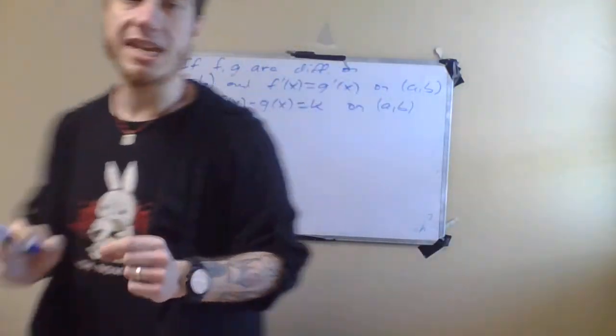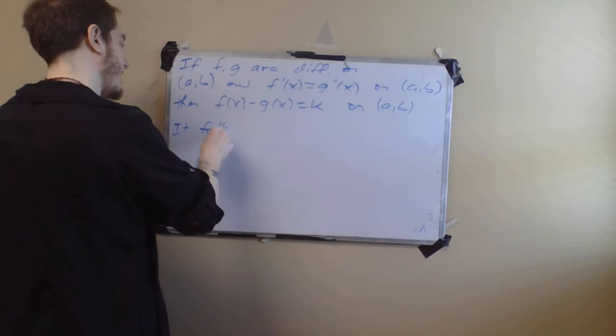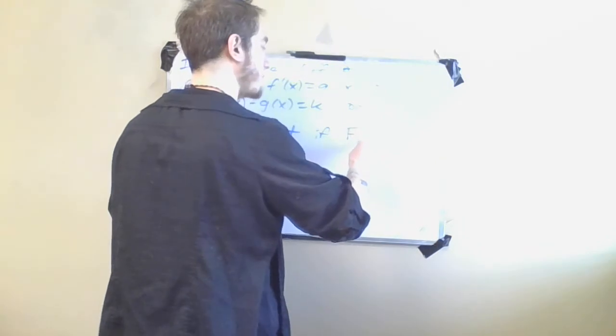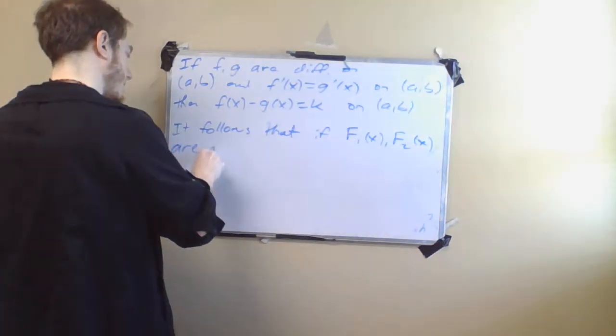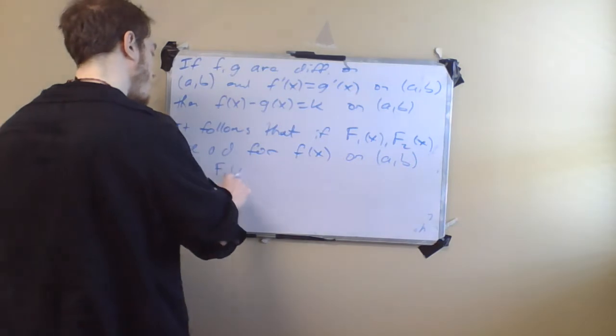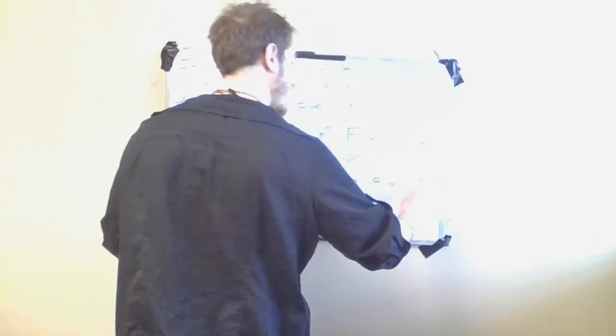So one of the things that we can say then about antiderivatives is that it follows that if capital F1 of x and capital F2 of x are antiderivatives for the same function little f of x on an open interval from a to b, then F1 of x equals F2 of x plus k on this interval from a to b for